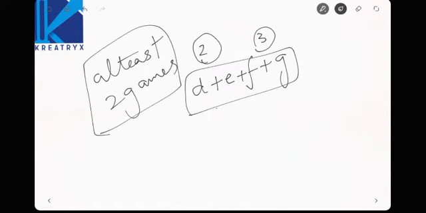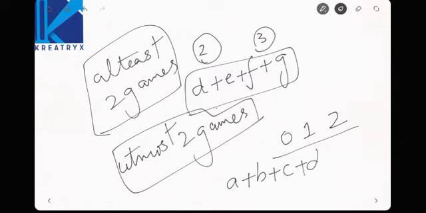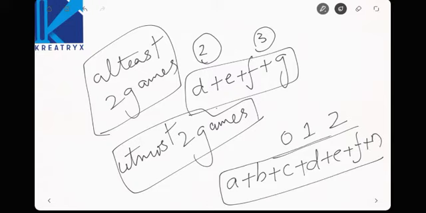Now if you are asked like this, at most 2 games. Now what is at most 2 games? At most 2 games means your maximum limit is 2 and it can be below 2 also. Below 2 is 1, 0. Now what are the alphabets which come under 2 games, 1 game and 0? It is A plus B plus C, D plus E plus F, and 0 is nothing but N. Observe the things carefully.